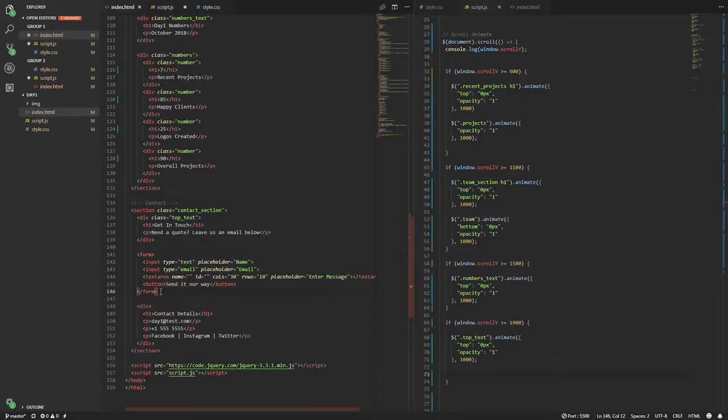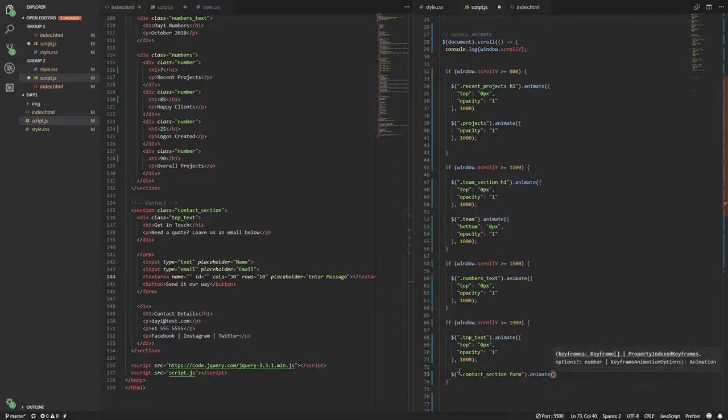So yeah, we'll just target the form. The reason we added a class to this div and not this form is because there's only one form and there were actually multiple divs. So if we just targeted the context section div, it would have animated both of these divs, which I didn't really want in this case. But there's only one form, so in that case we can just target the context section form. We'll animate that